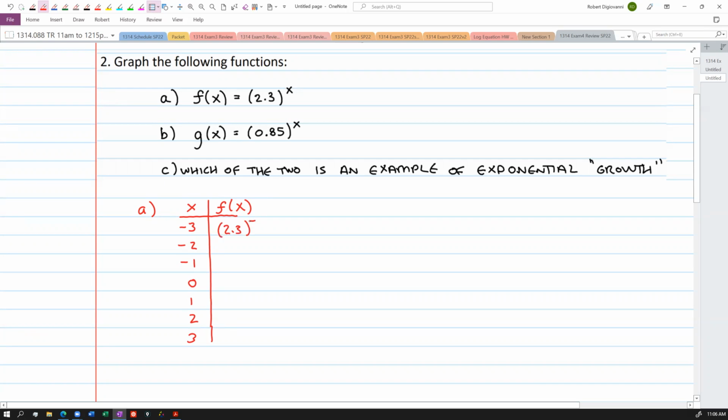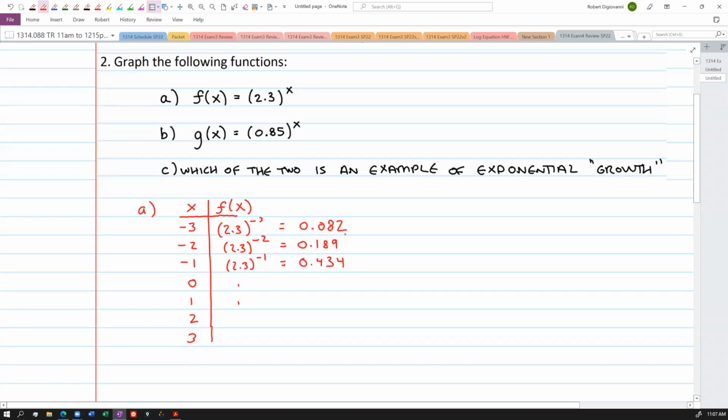2.3, we got to raise it to the -3. 2.3, we got to raise it to the -2. 2.3, raise it to the -1, and so on and so forth. All right. So let me do that on my calculator. Get 2.3 raised to the -3. This first one comes out to be 0.082, very small number. And then we do 2.3 raised to the -2. Still a pretty small number, 0.189. And then 2.3 raised to the -1. Still small, but getting a little bit bigger,